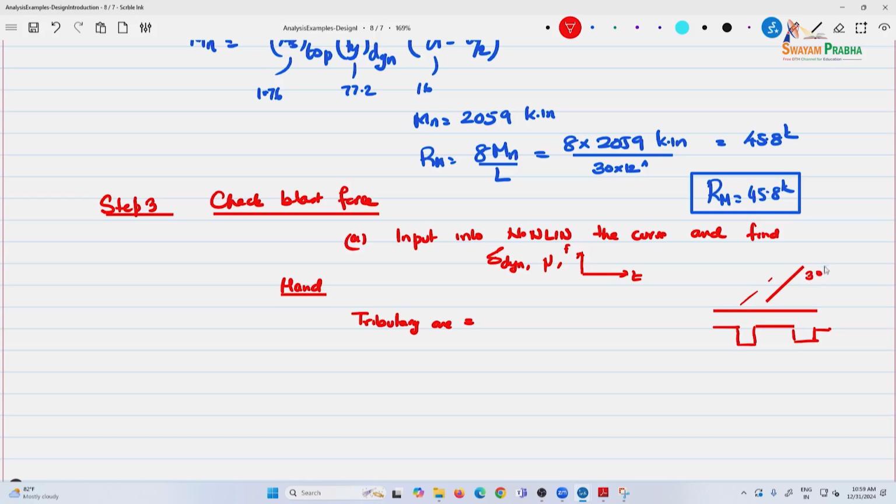So this way it is 30 feet. So assume that the tributary area is responsible half to half, this is 6 feet. So tributary area is 6 feet. So the force F naught you can consider to be the